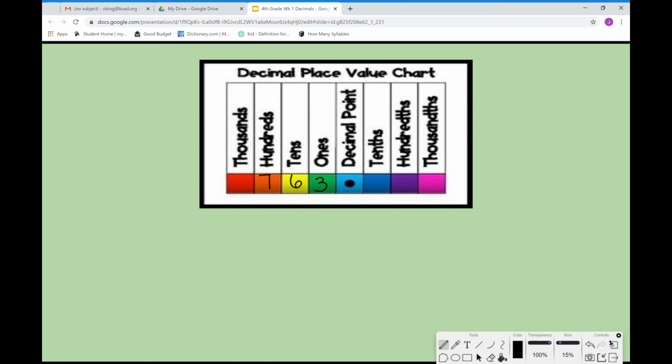So we can write the expanded form by writing the value of each digit. The digit 7 has the value of 700, the 6 has a value of 60, and the 3 has the value of 3 ones, which is just 3. We put the plus sign between each one to show the expanded form of the number 763. This works the same for a decimal. Let's add 49 hundredths to that number so that we now have